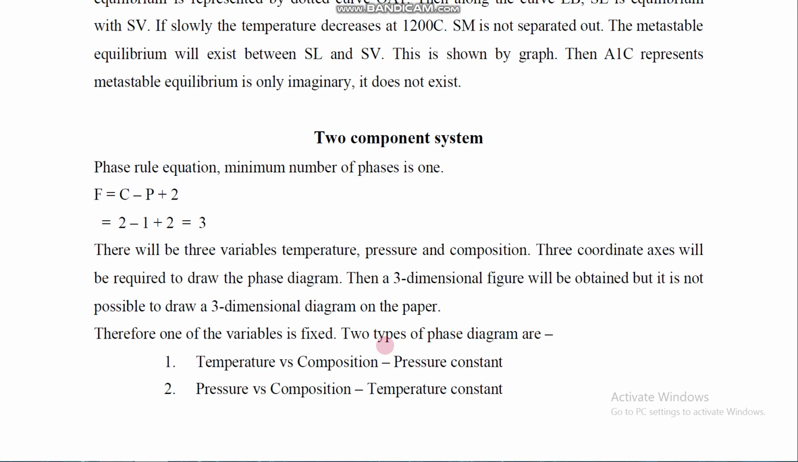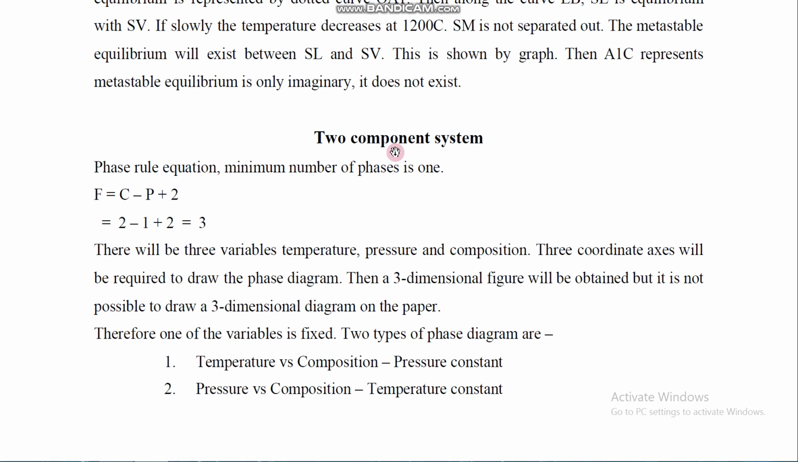Students, today we are going to study the next part of the phase rule, the two component system. In our last class we studied one component systems like the water system and sulfur system. So today we are going to study the two component system. When we apply the phase rule for a two component system, we will get degree of freedom is 3 because